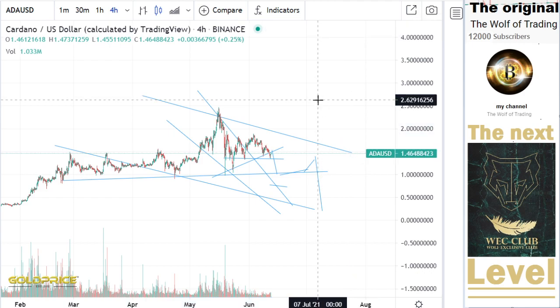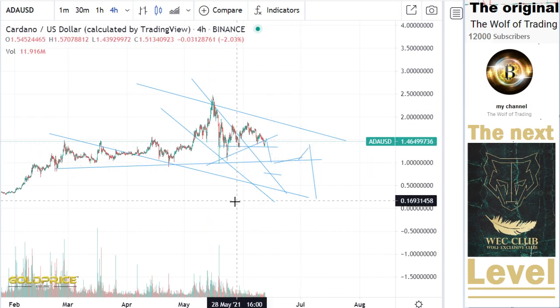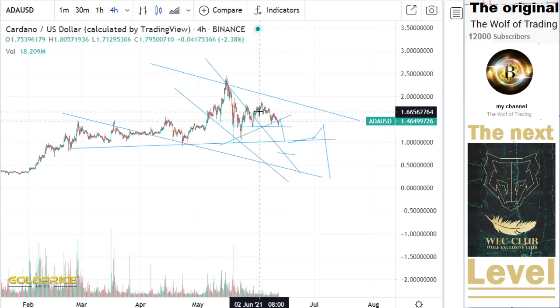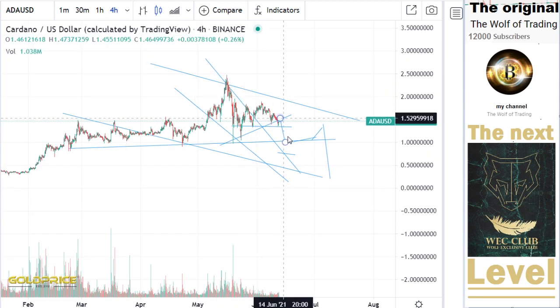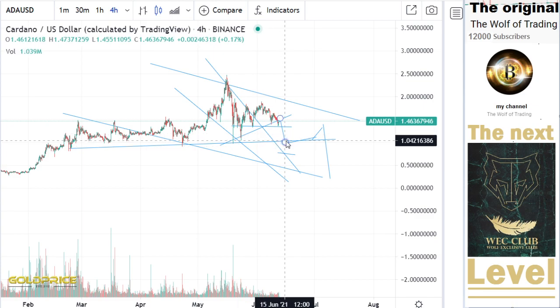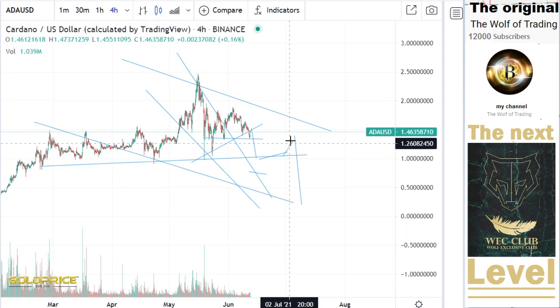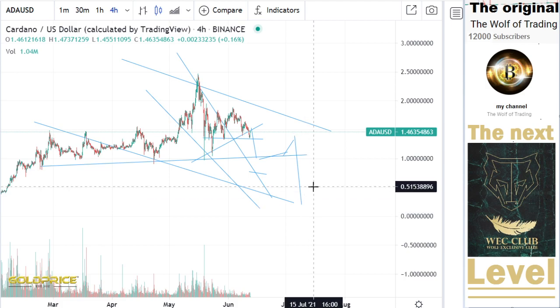You can see from the title, the Moon Boys and the clowns will cry, because I think this is not a positive formation, especially if this is happening here, going back to $1, then you can see that we will touch this one time, two times, three times. We will see a move to the top side. Yeah, some of the clowns will write in the comments, yeah, the price is rising, why did you predict wrong. And then the price will go to the downside.